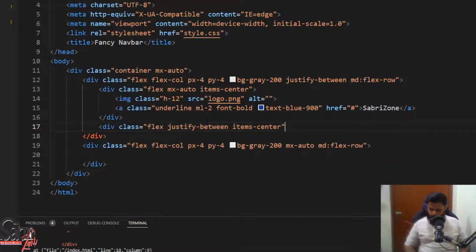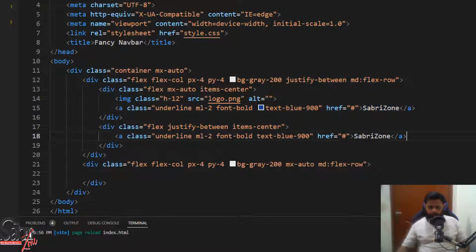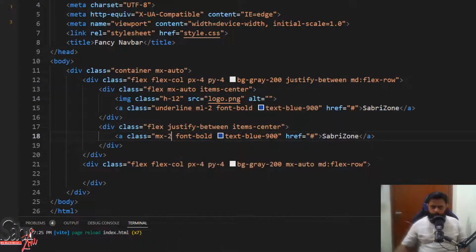Okay, so let's add links here. I will copy a link from our logo brand, so I will paste it inside this. I don't need underline and the margin-left property. Instead, I will use a margin on the x-axis of 2, and text-blue is enough, with font-medium instead of font-bold. I think it is ready to go. Instead of this, I will add here home,